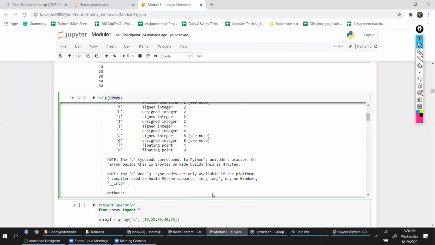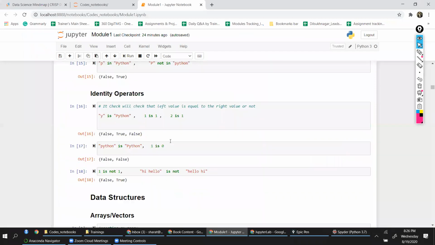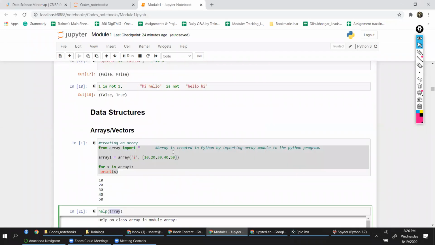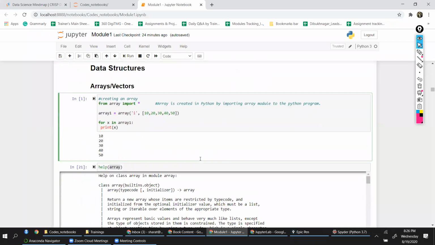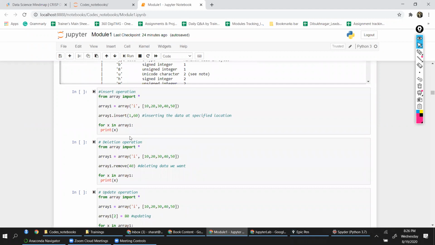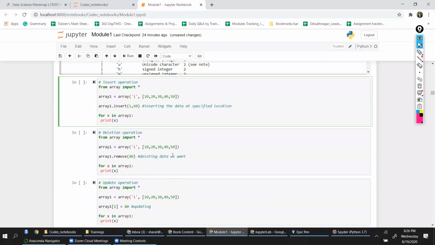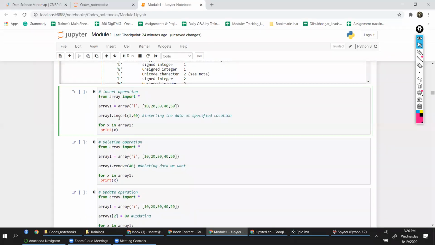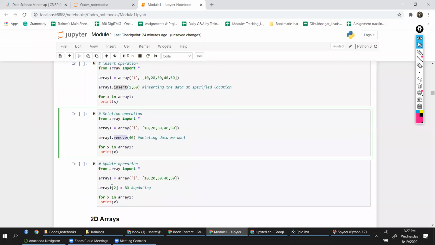All right. Next, once you have this vector, a one-dimensional array is treated as a vector, right? So let us assume that we are working with vectors here. So the first operations, I mean the basic operations that we are doing on your one-dimensional array or a vector, are insert, deletion, updation. Okay, basic three operations we try to do. So for insert, we will use the insert function. For deleting, we use the remove function. And for updating, you don't have to mention anything. You just have to mention the index there. So let us execute this.